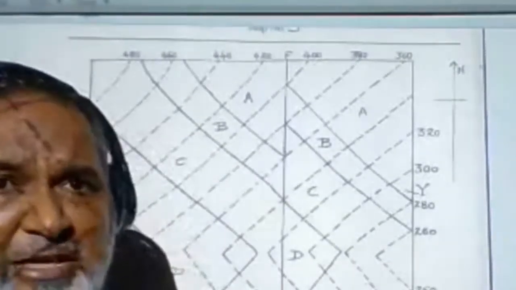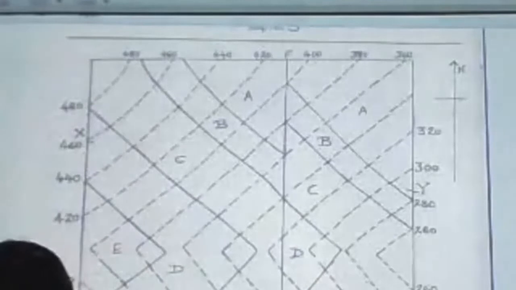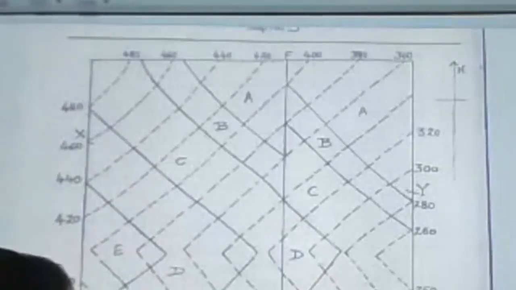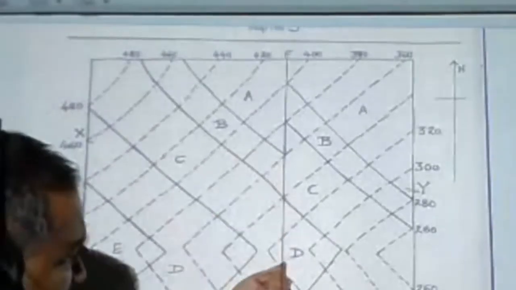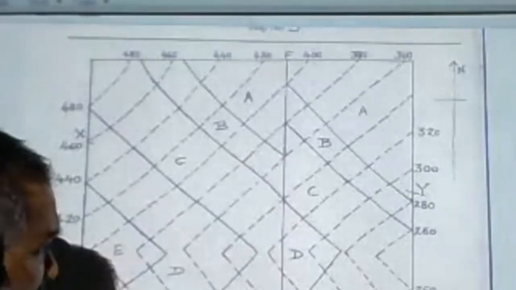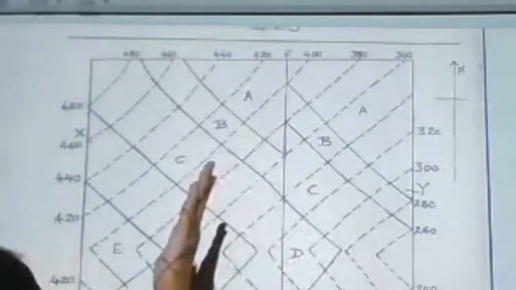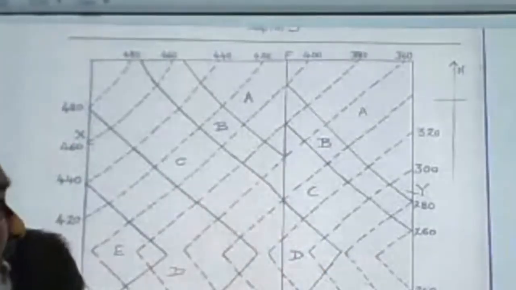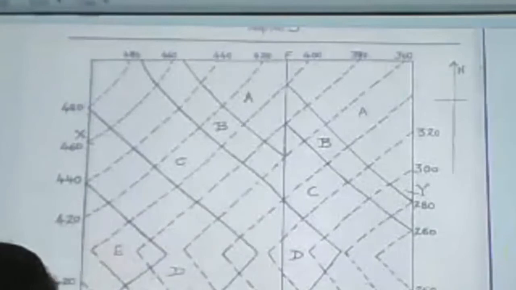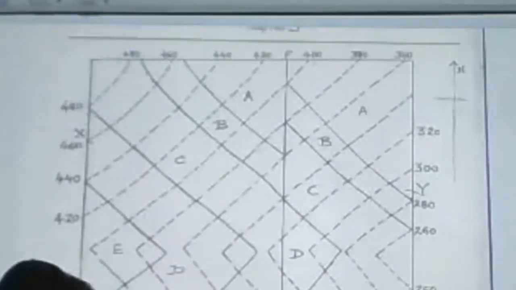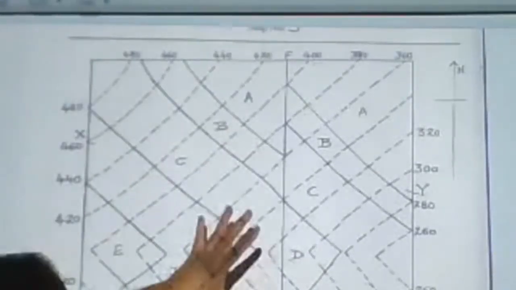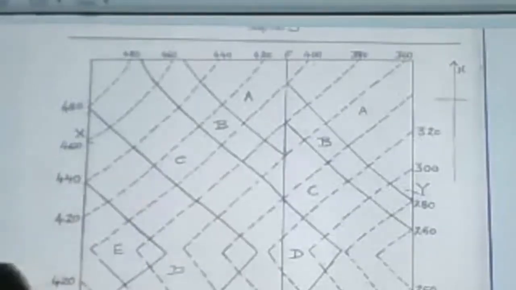The history. The given map represents a conformable series of inclined beds represented by beds A, B, C, D and E respectively. The whole series of horizontal beds were uplifted, tilted, faulted, and exposed to weathering to attain the present topography. And then only we get this particular topography of map number 3. Come to the next map, map number 4.